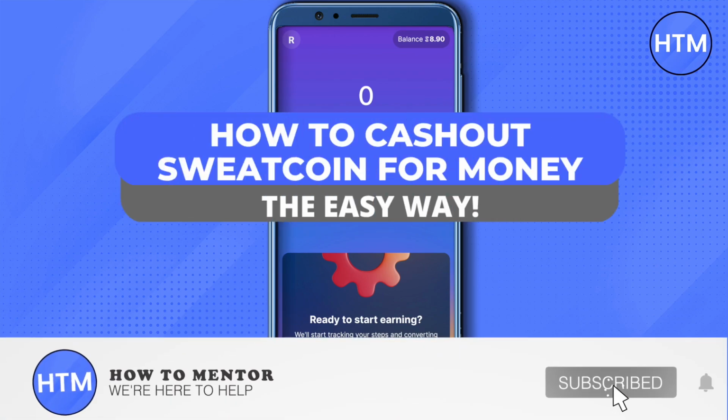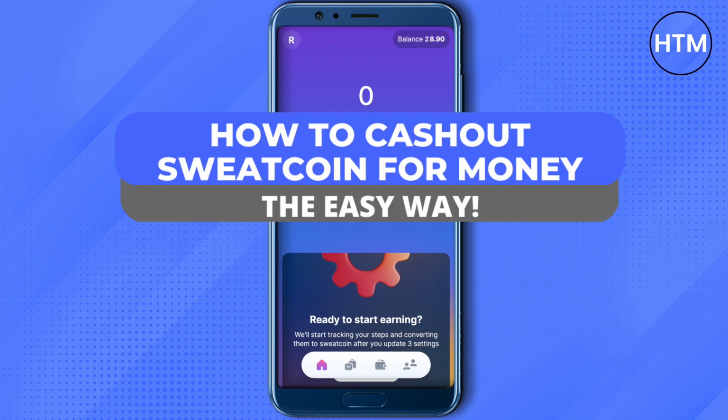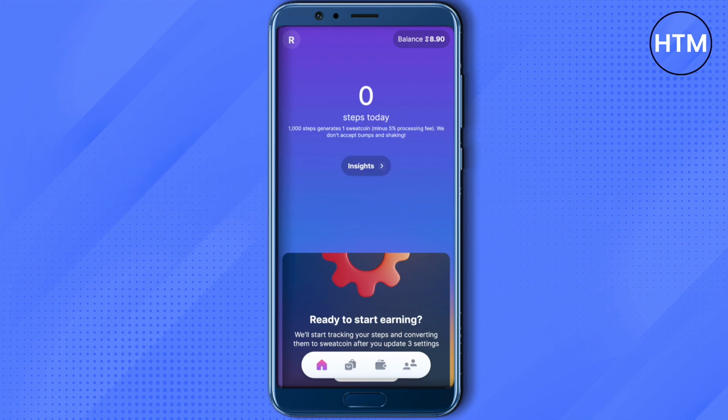Hello everyone, welcome to our channel, and today we will see how we can cash out SweatCoin for real money. And for that you need to open up your app, and the thing is you cannot directly cash